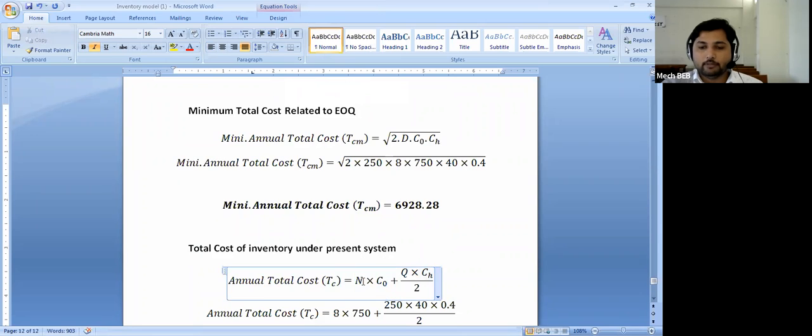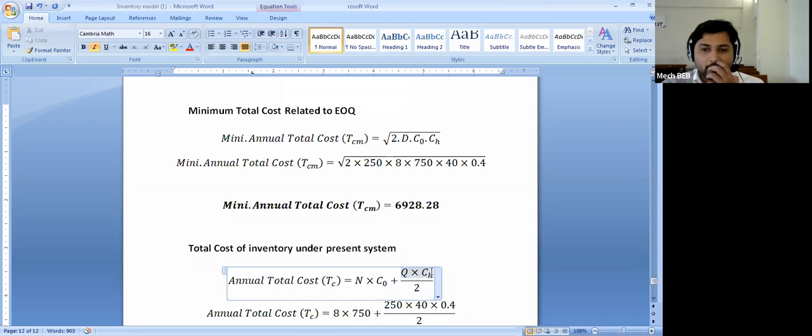So this can also be segregated, where N is nothing but the number of orders, which is demand divided by batch quantity. But here the number of orders is already provided in the problem, so even if you do not consider the formula D divided by Q multiplied by C naught, there is no issue. Here the number of orders is directly provided, then C naught is known, and Q is also provided for the present situation.